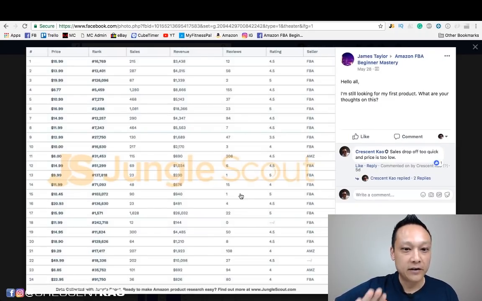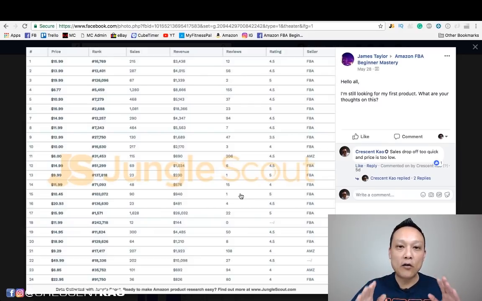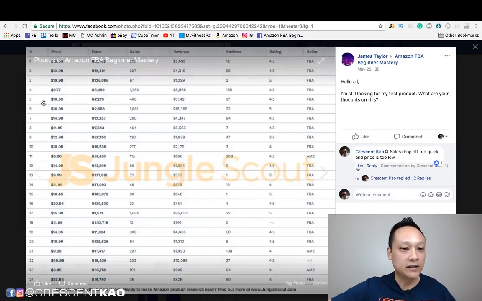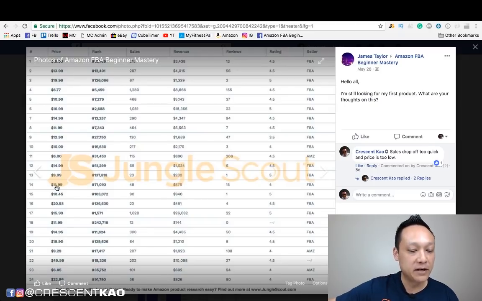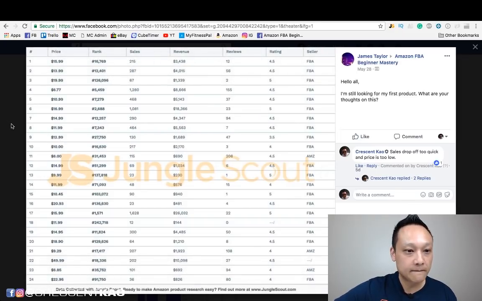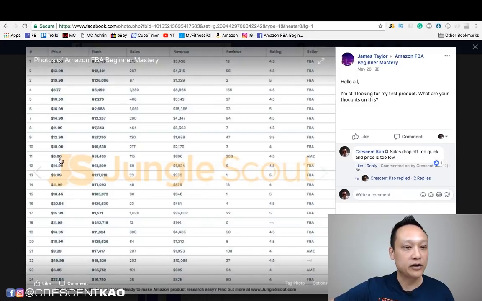So again, I want to reiterate this. All 3 criteria need to pass. Okay, so let's look at this one here. Price needs to be a minimum of $15. And looks like this one is borderline $15. So be careful on that. You might be able to bundle or improve the product somehow to add value in order to raise the price to make sure you can hit your profit margin. So make sure that's there.